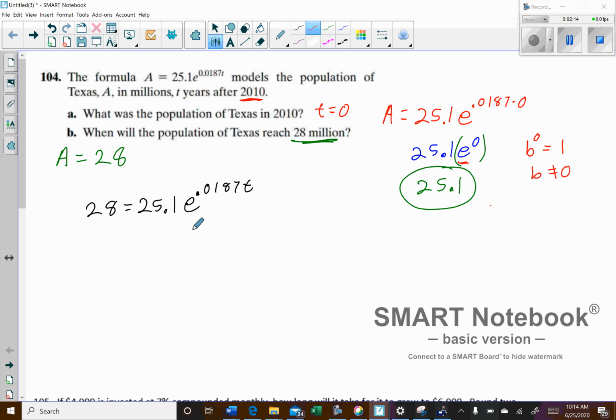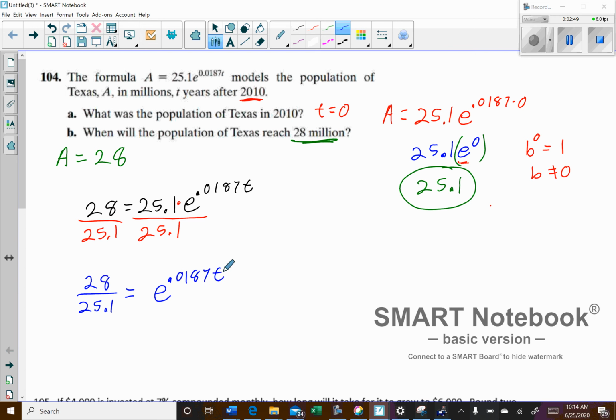And so what we want to do first is isolate the base that has the exponent. So that 25.1 is not part of my base. So I'm going to divide both sides by 25.1. And I would just leave it as a fraction here. If you wanted to put it in the calculator, that's fine, but you'd probably end up having to round quite a bit. So I would just leave it like that. And then we have, I'm going to give myself a little bit of space here, and you'll see why in a second. So I'm going to have e to the power of